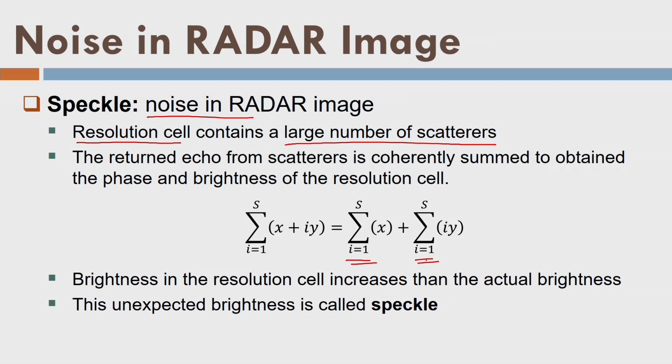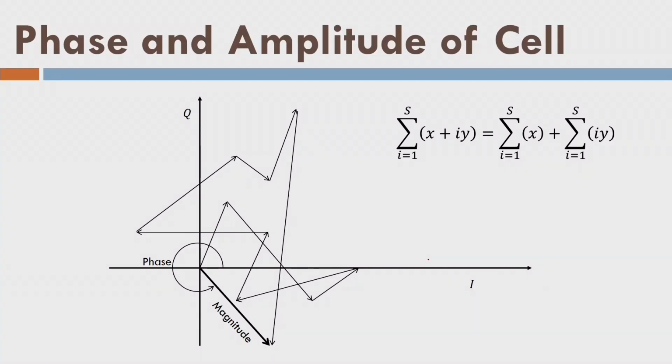Because of the noise, we have some extra radiation in each pixel, and that is called the speckle or noise, and that will contribute some higher value of the brightness. And how to remove it, we should now consider. So, first of all, what is speckle? If I take the algebraic summation of the real component and imaginary component, I will have the final magnitude and this is the phase here. One is the imaginary component and one is the real component.